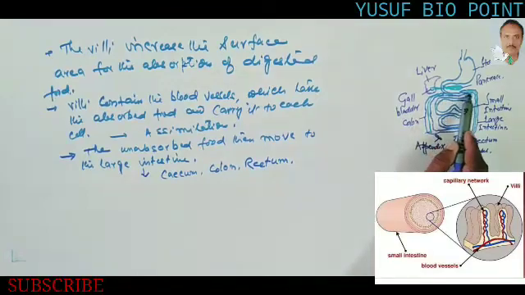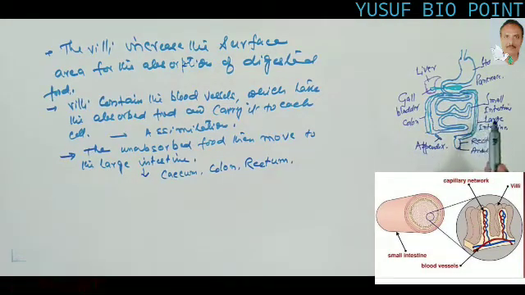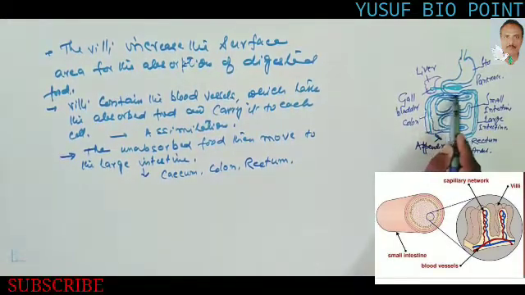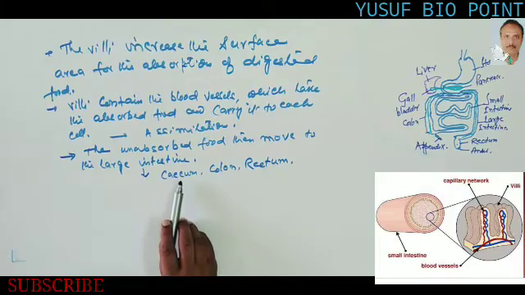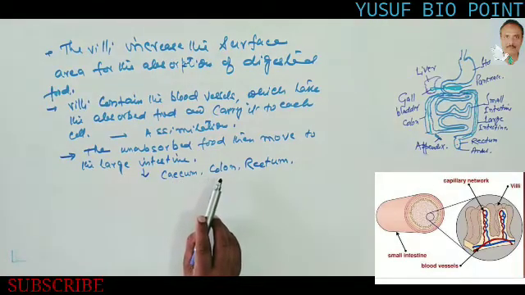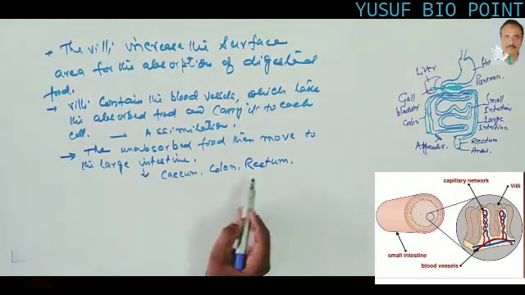This one in transverse position is the transverse colon, and this in the downward position is the descending colon. So ascending colon, transverse colon, and descending colon, and finally it ends in the rectum. This is the rectum. So the large intestine is divided into cecum, colon, and rectum,